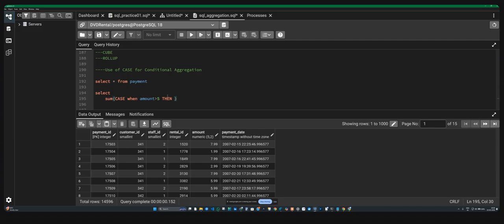Then I'll say 1, else 0, and you will end the statement. Okay, end. Simple. So this is the syntax: case, when, then, else, and end. Okay, simple English statement. When your condition is you are measuring a condition, when something is greater than 5,